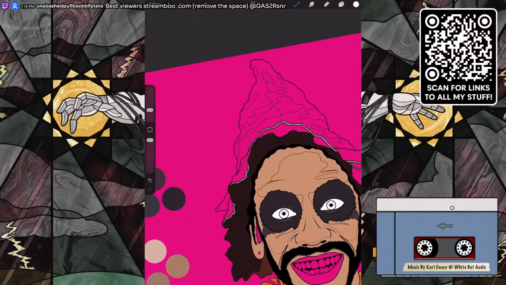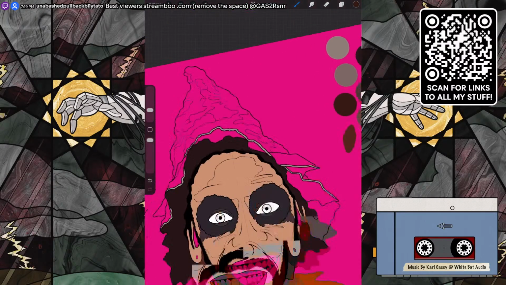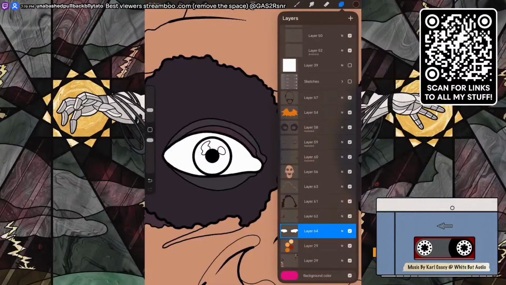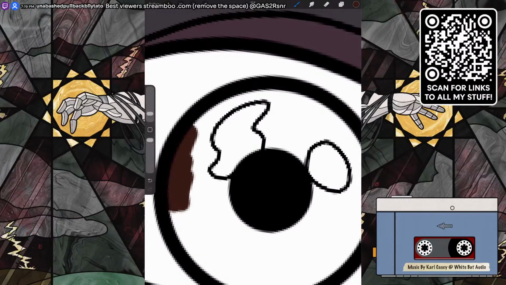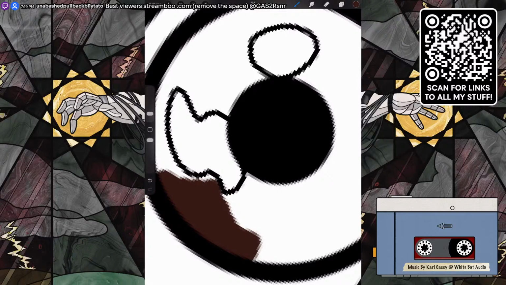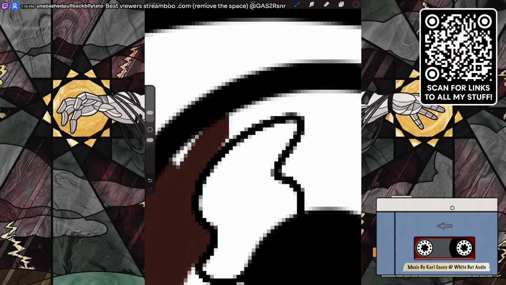And I believe his eyes are kind of like a dark brown. I haven't actually looked. I'm going to use this color for it. I kind of like that color. Let's stack that on top of there. Let's get ourselves an ink brush. Add some nice color in here. I should use a thinner brush. And after this, I will actually be done.